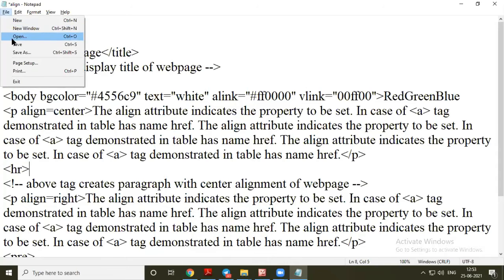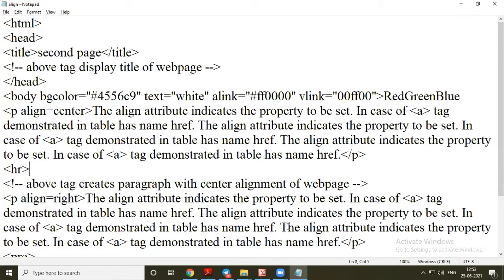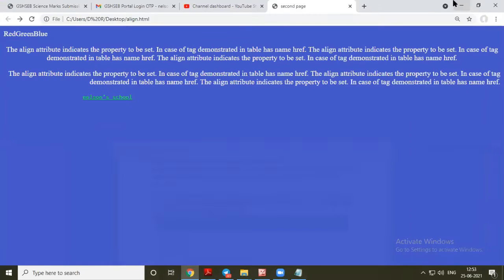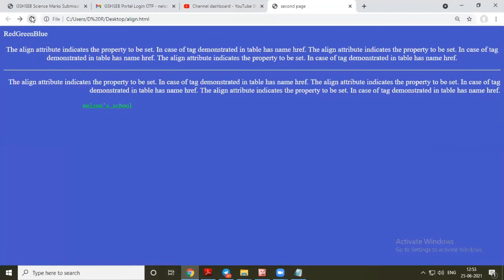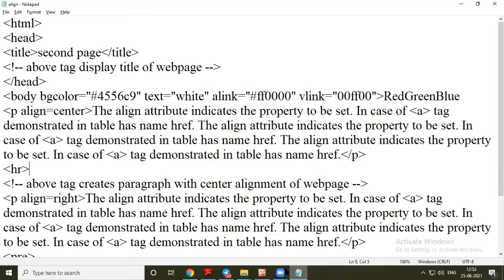Now save this file, come to the output file and refresh it. Now you can see that one line is inserted to separate these two lines. So this is called line break, but a visible line break. So HR is a visible line break, and HR stands for horizontal ruler.